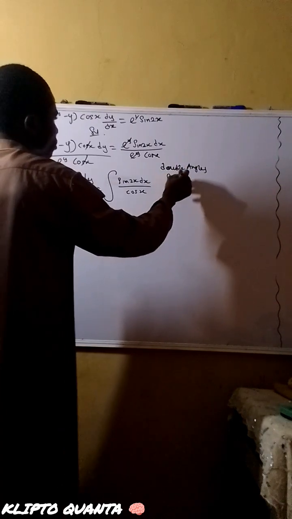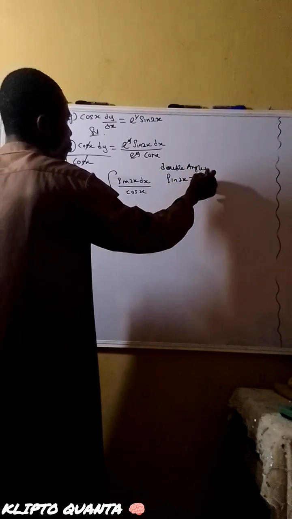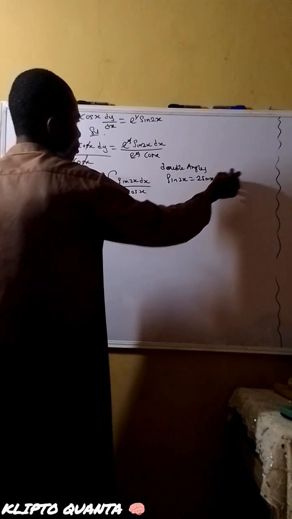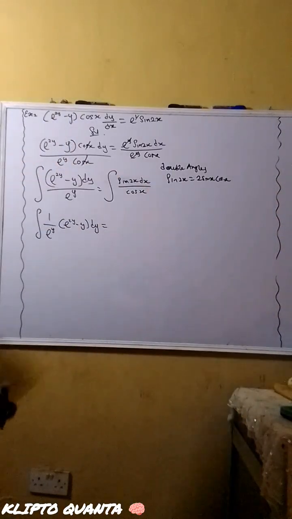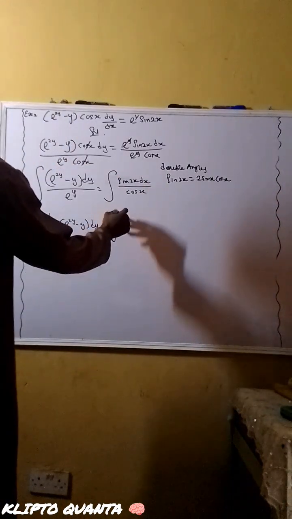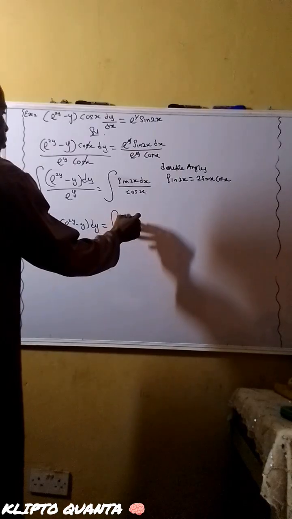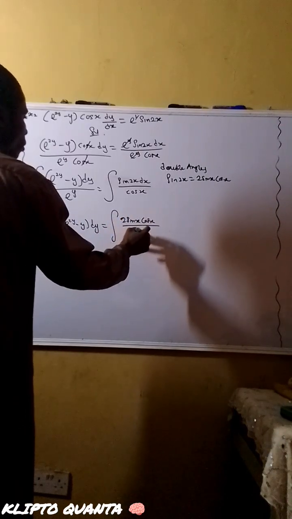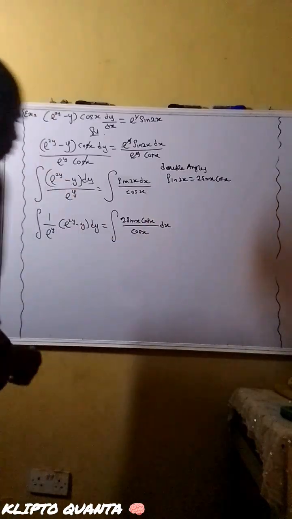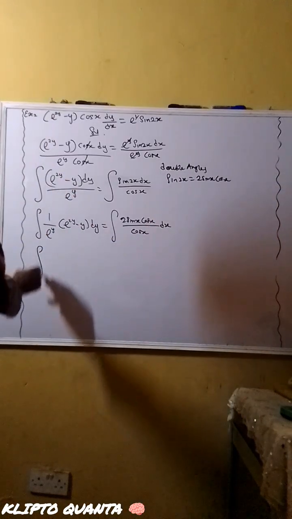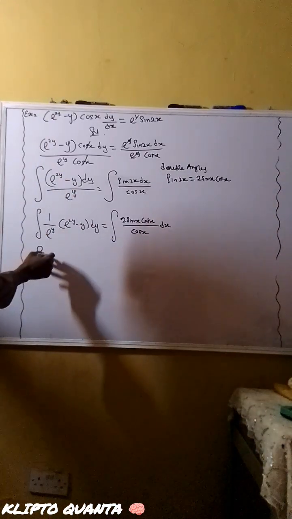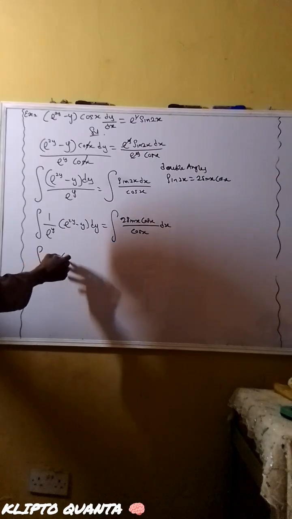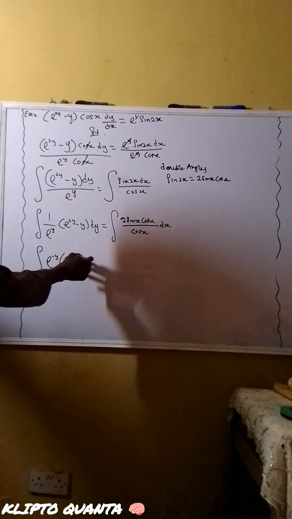Your sin 2x is equal to 2 sin x cos x. Okay, so we can change that to this, and you can have integrating 2 sin x cos x over cos x dx. So moving on to this, you have this as integrating e raised to power negative y of e raised to power 2y minus y,